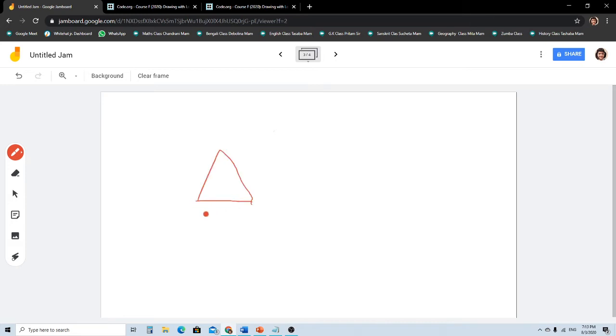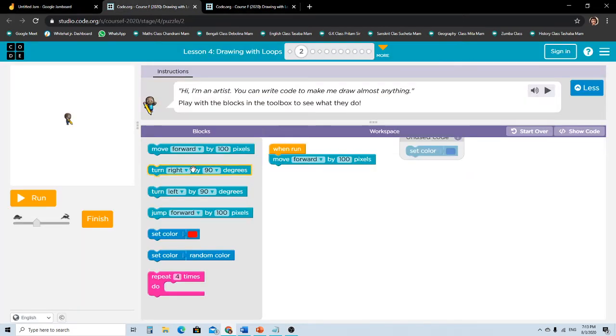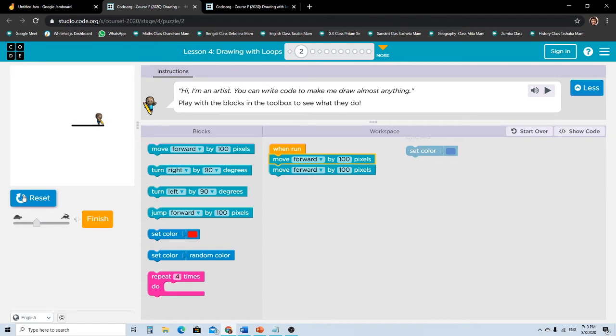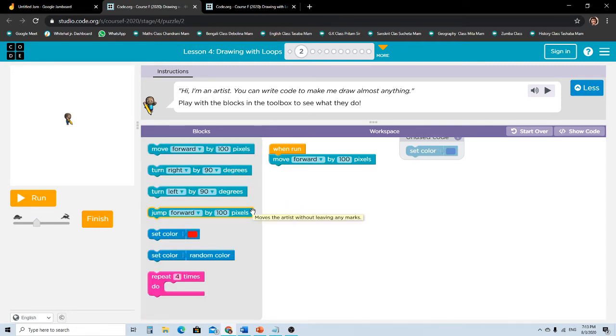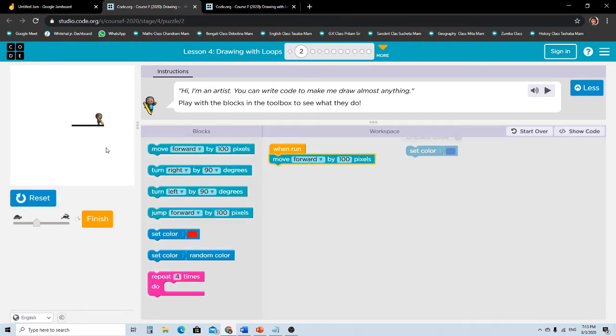Okay, and we have finished this part. Okay, so now we need to do this and this part. Let's do this. So now if we again take a move forward, and let's see what happens. See, it continues and continues. So move forward now. So let's see, it's over here.